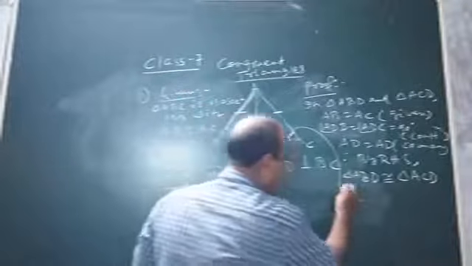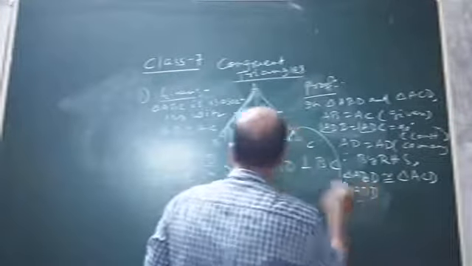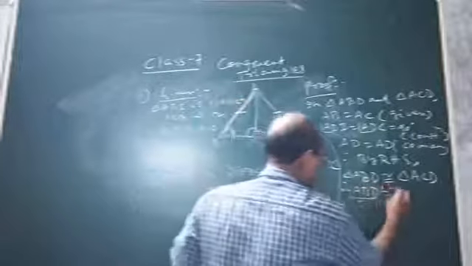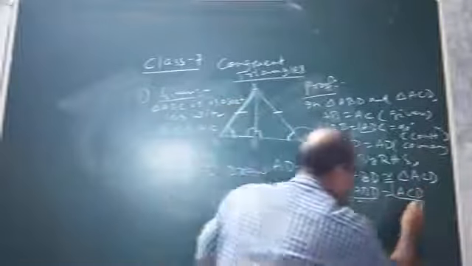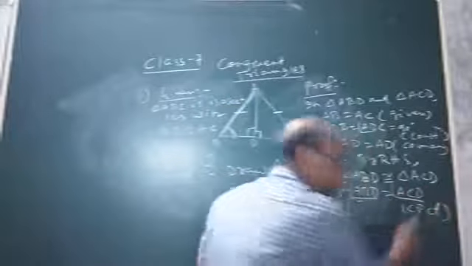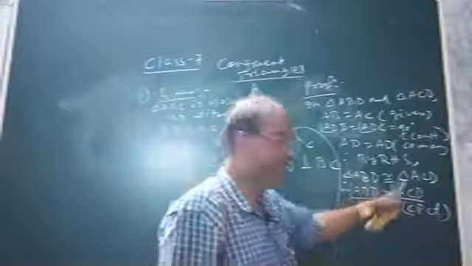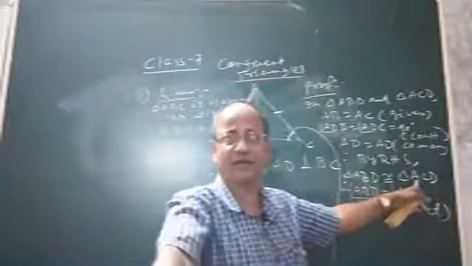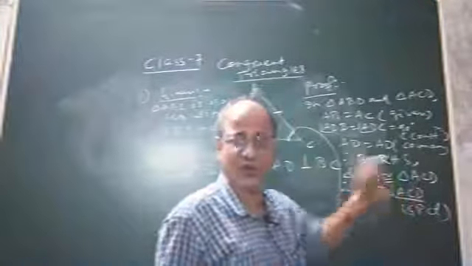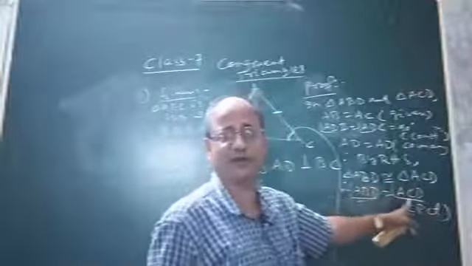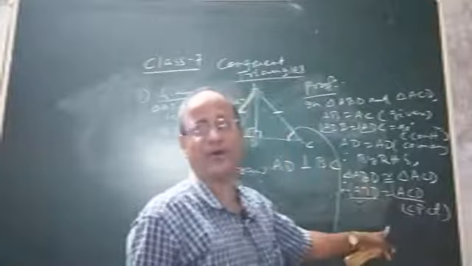So what will be my conclusion? Therefore, my conclusion will be angle ABD equal to angle ACD. What is the reason? Why will they be equal? The reason is CPCT. Once again I am saying, if two triangles are congruent, then only CPCT comes, otherwise CPCT does not come. As we proved these two triangles congruent by RHS condition, therefore this angle and this angle will be equal by CPCT, because these two angles are left and they form a pair of corresponding angles.